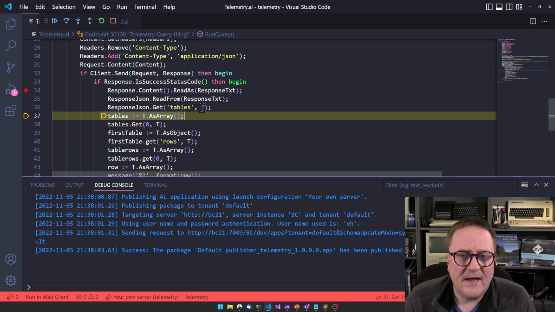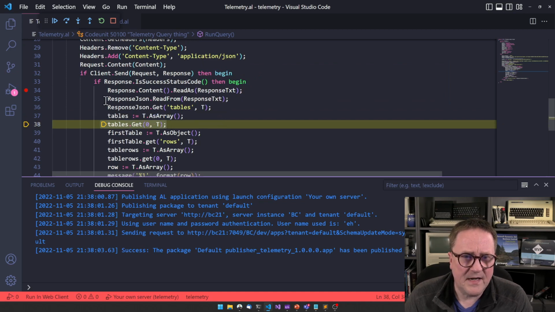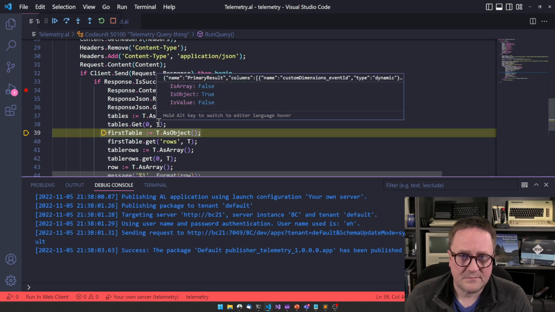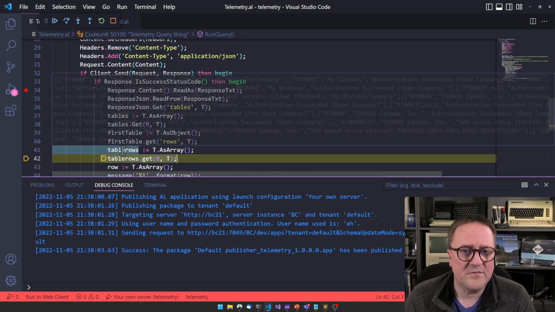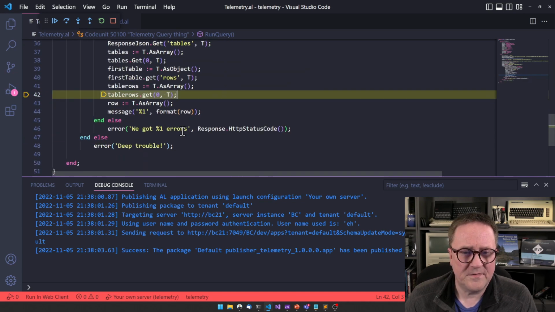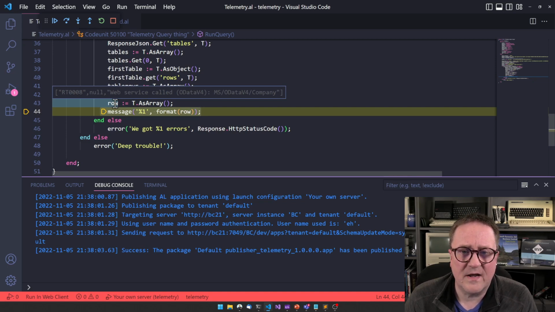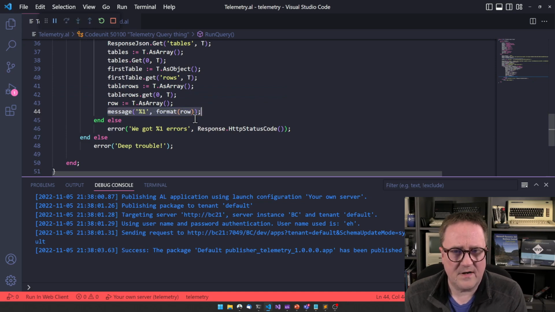We get tables into T. Then we get an object called tables. This is still good. We get the very first one into T. And we put that into the first table. So we have a table here. Then we get table rows. This looks like rows. And we get a row which is RT0008, null web service called. That's just the thing. So I think we can just do F5,